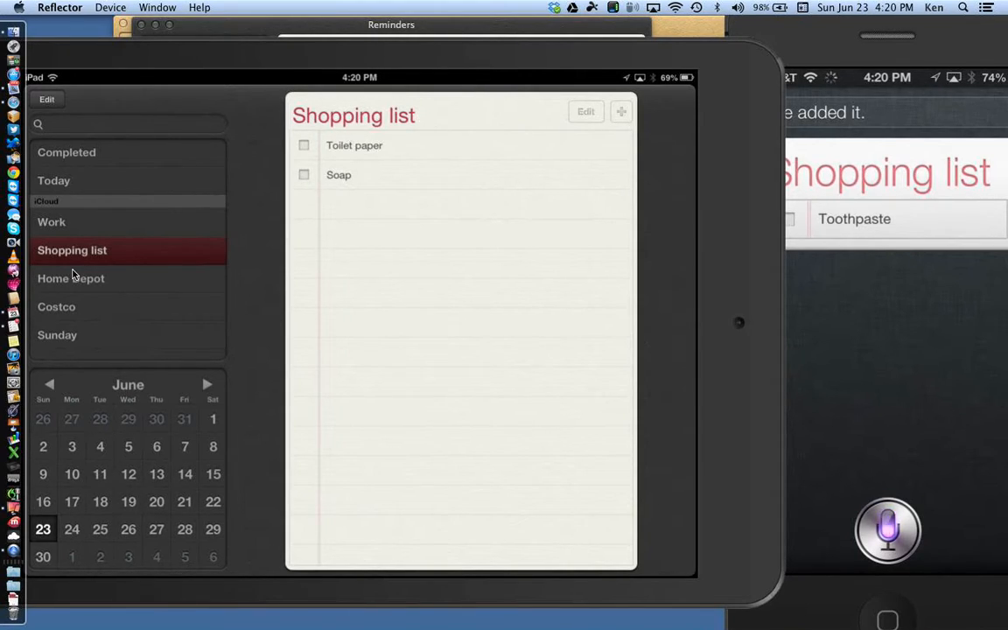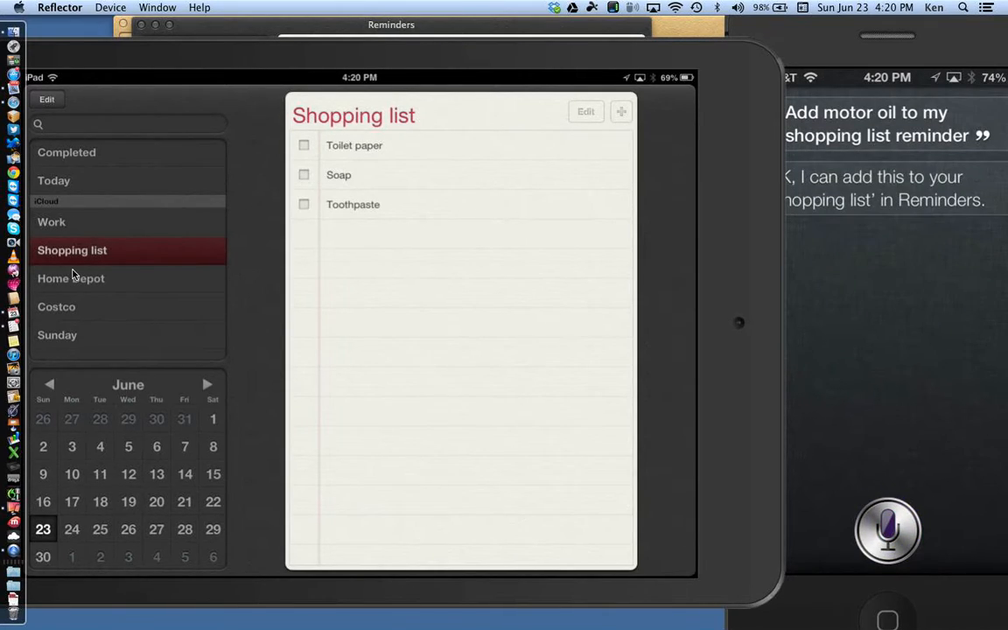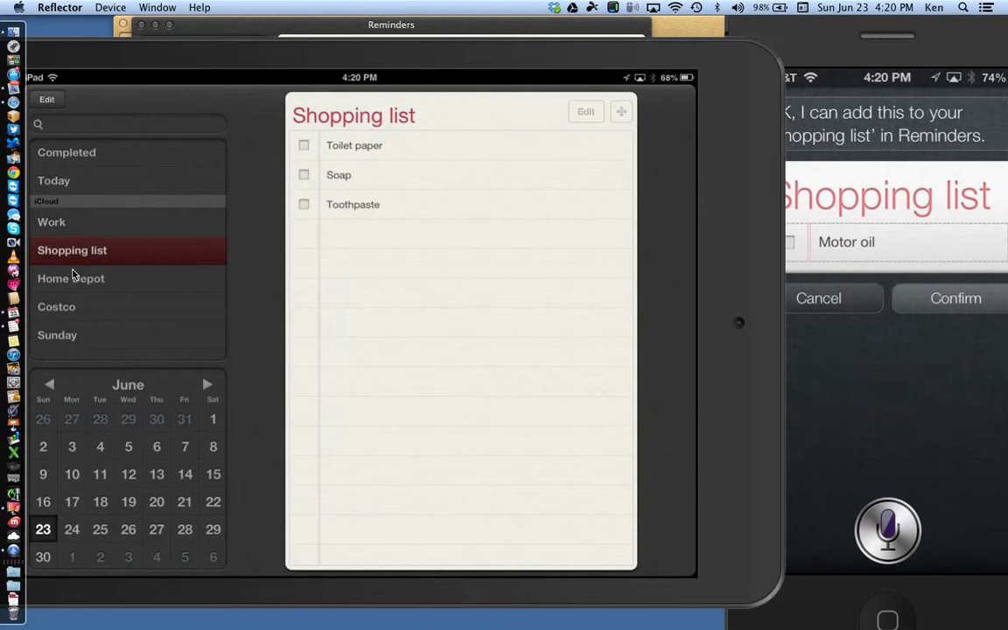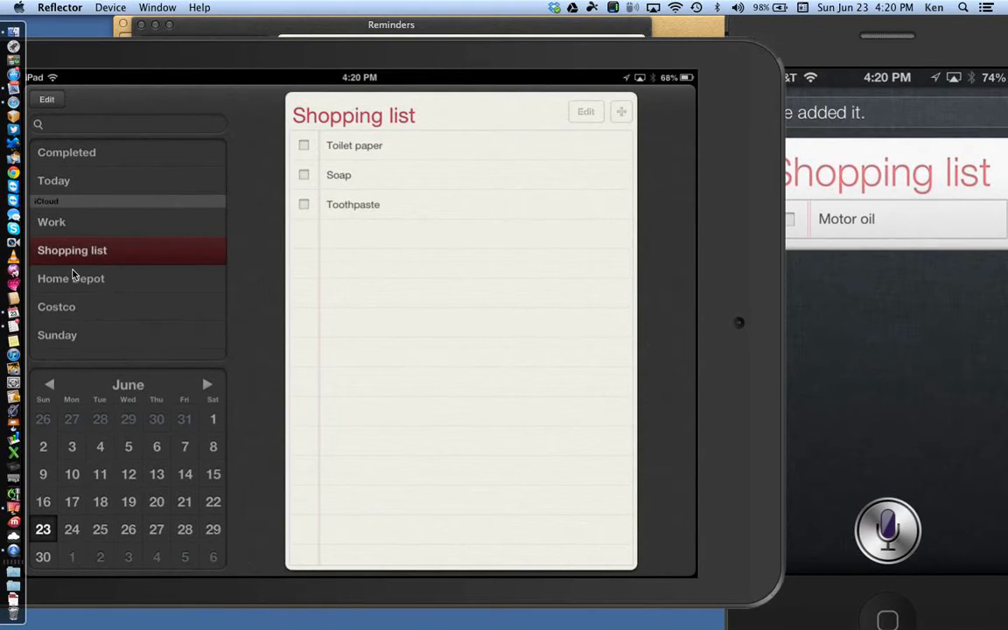Add motor oil to my shopping list reminder. Okay, I can add this to your shopping list. Okay, so now I have things in my shopping list,